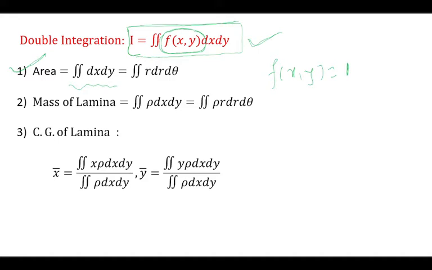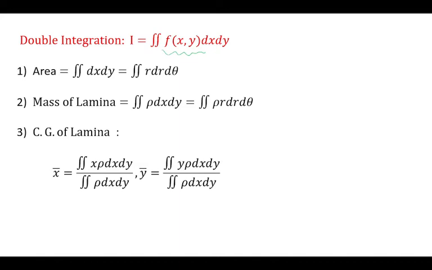If we want to evaluate the area of polar curves, we convert the double integral from Cartesian to polar. It is mainly for a circular region. We replace dx dy by r dr d theta. And exactly the same thing, if we have to evaluate an area over an elliptical region, we replace dx dy by a b r dr d theta. So that is our first application: if the value of f of x y is 1, the integral will represent the area.